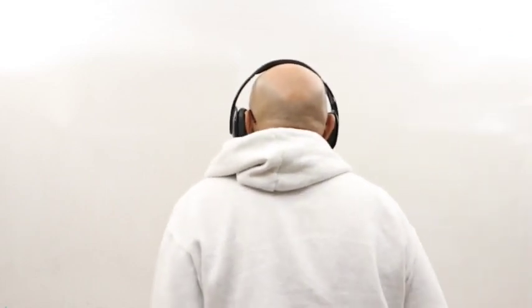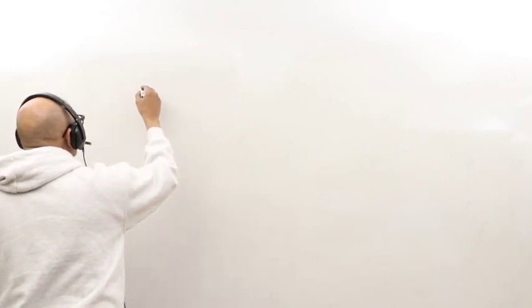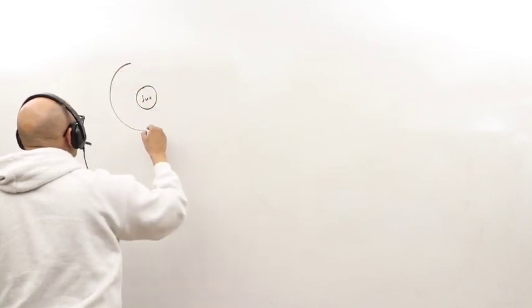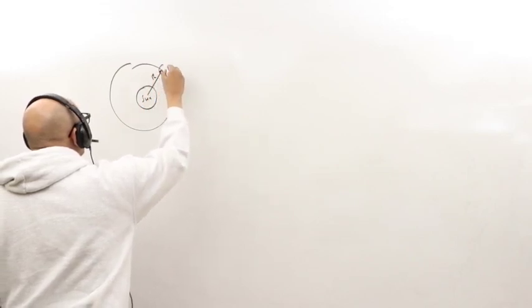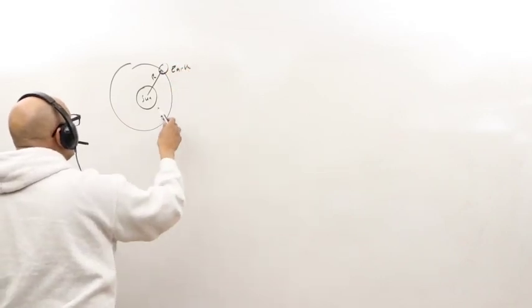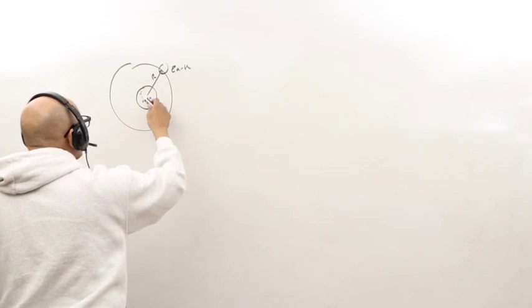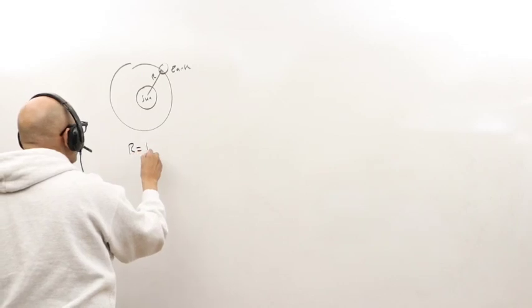So in this problem, we're assuming that the Earth travels around the Sun in a circular orbit. So that's our assumption. So here's our Sun, and here is the Earth, not drawn to scale. And when we assume that the Earth's mass compared to the Sun is negligible, the Sun's mass is much larger than the Earth. We're told that R is equal to